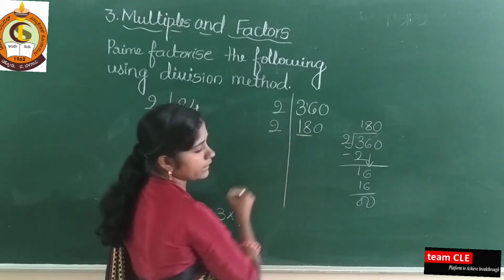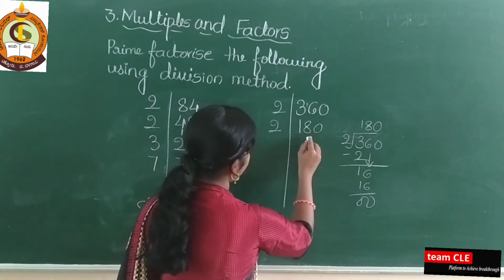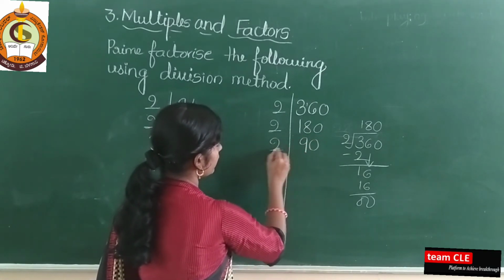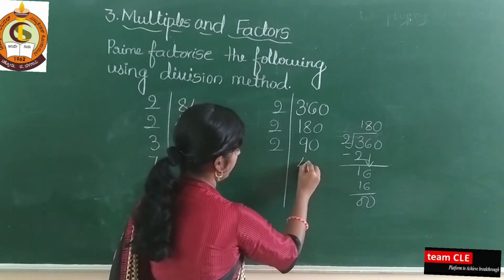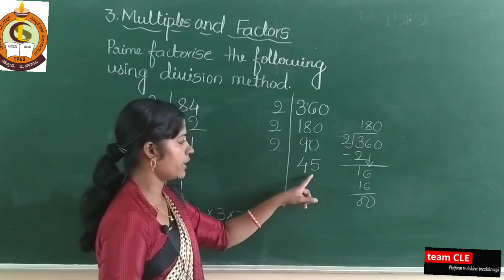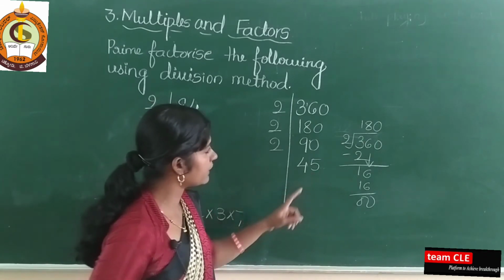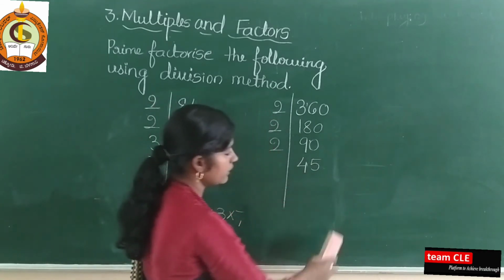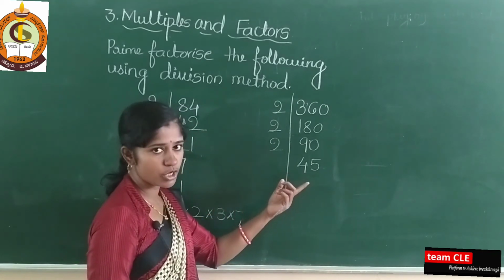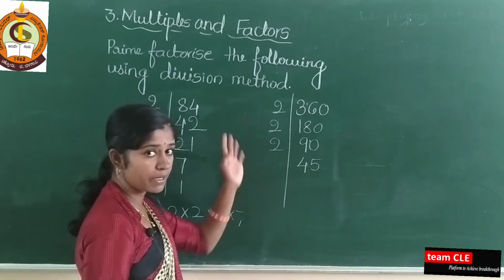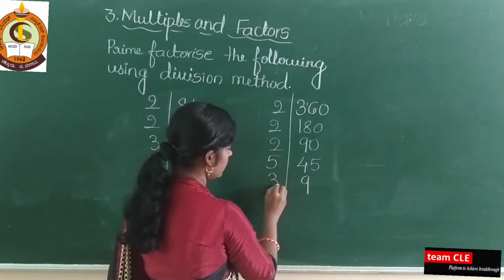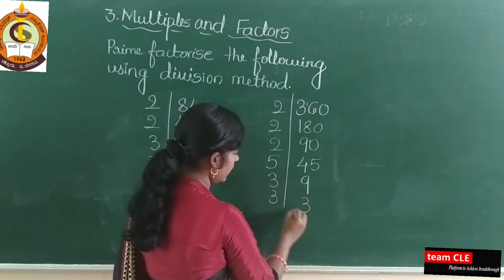Okay, next you take here 2. 18 you take directly. 2 how much is 18? 2 9s are 18 and write 0 here. Again you take here 2. 2 4s are 8 and 1 remains. 2 5s are 15. So here in the ones place 5 is there, which means the number is not divisible by 2. Then I will take 5. In the 3 ones table also 45 is not there. 4 is a composite number. Take here 5. 5 9s are 45, 3 3s are 9, 3 1s are 3.